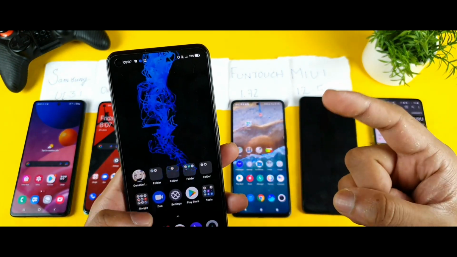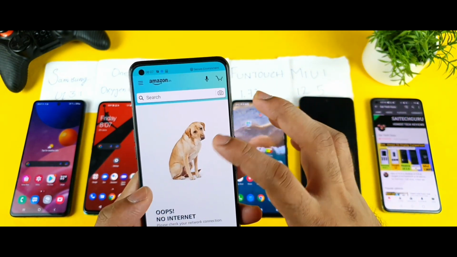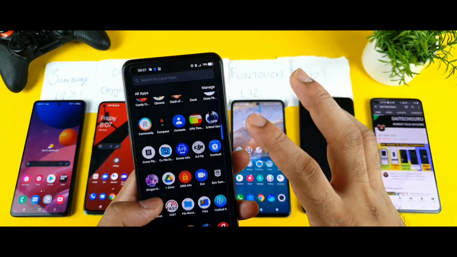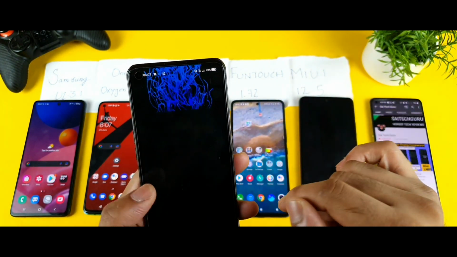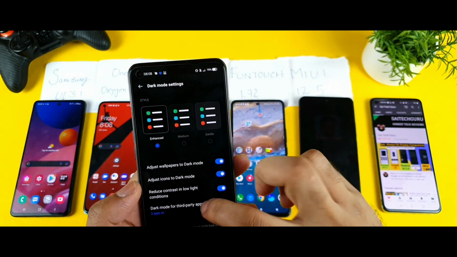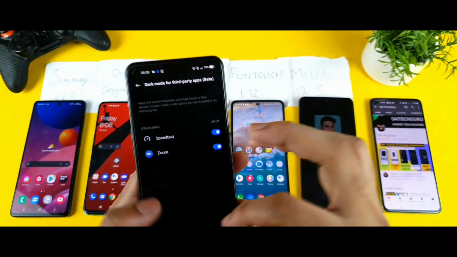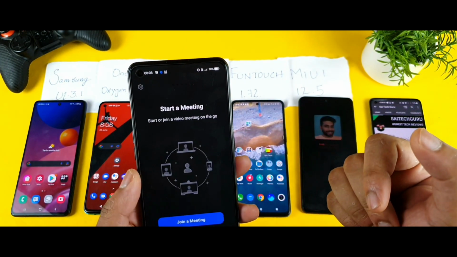But let me try to see, out of curiosity, how the Amazon application looks like. Is it a dark mode application? It's not applied for the dark mode in the Amazon, and in the Flipkart it's not applied, as you can see. I think there is no option to select the applications individually. So I'm not getting any kind of options, friends, here. But let me try to open the Zoom. What will happen if I open the Zoom? So the Zoom is open with the dark mode.